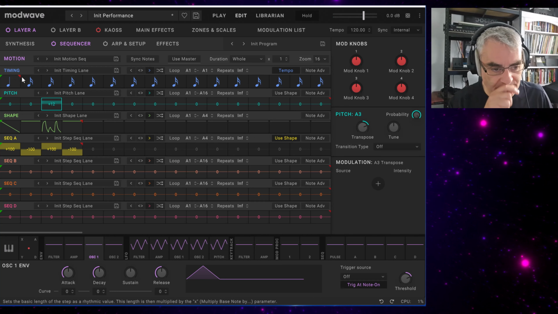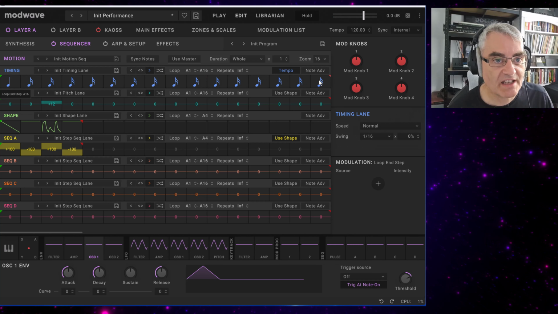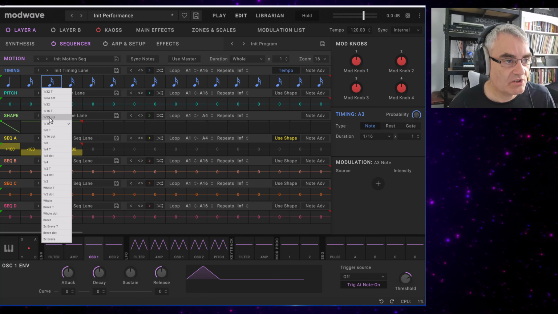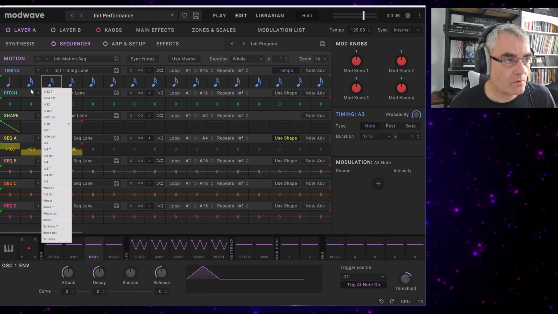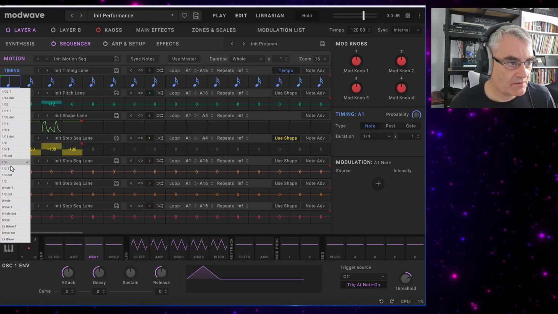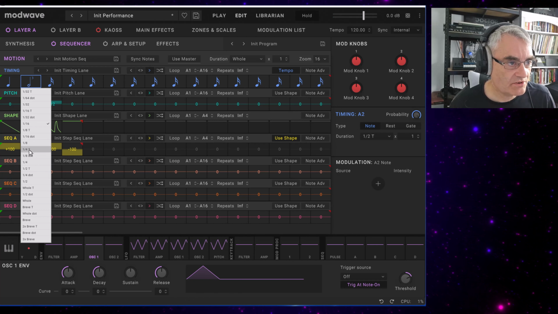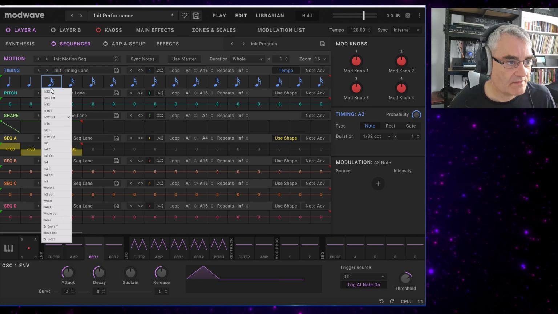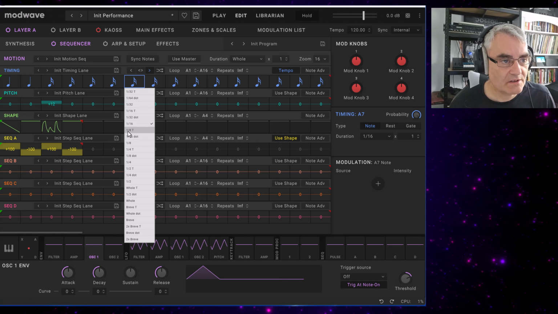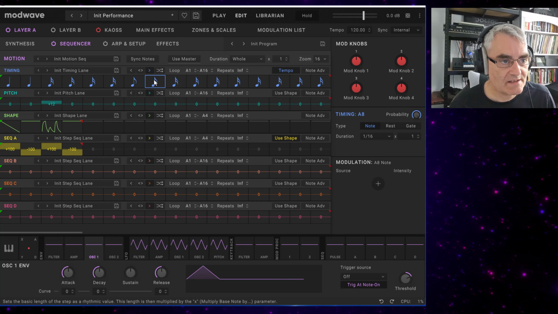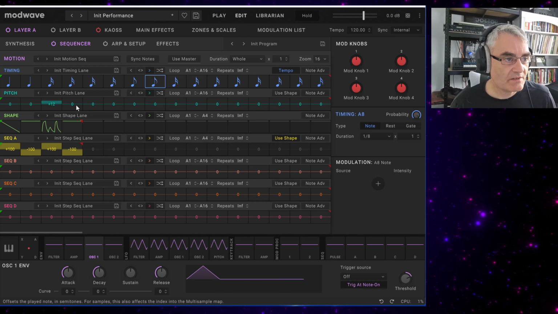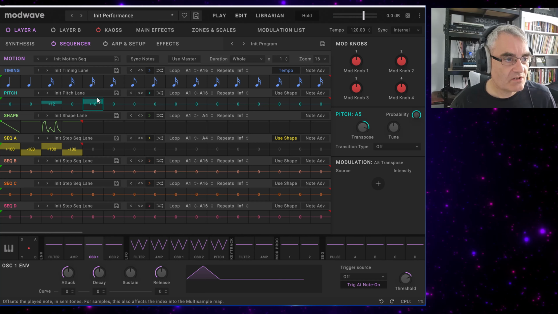Now, another thing we've not looked at is the timing lanes. You've got full control over those timing lanes. So this one is maybe a quarter, but we could have 2 quarters, and then we could have some 16s, and then you could have 2 8s, and you can really play about with it like that. And then especially if we get some pitch on here,